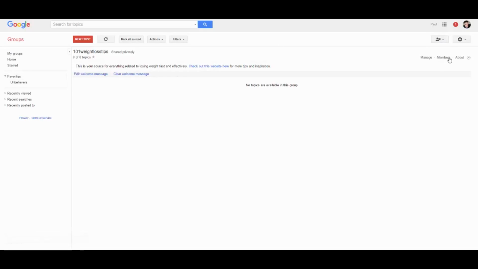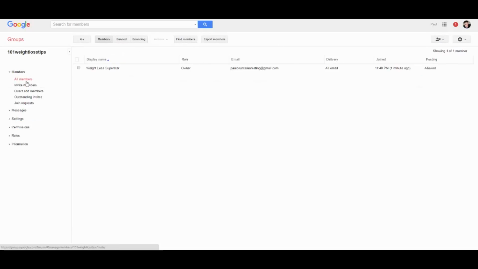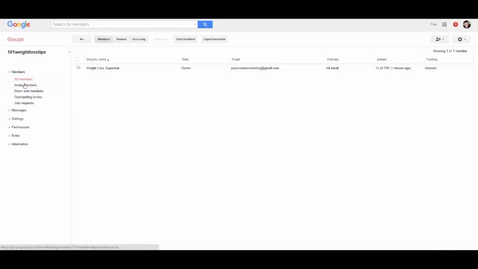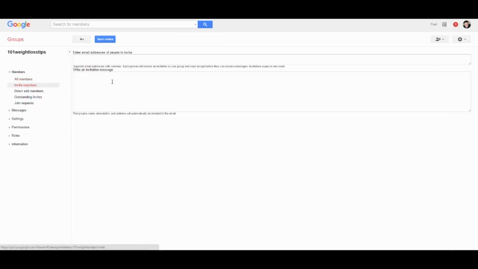Then we're going to go over here to where it says manage. And under manage, it's going to say all members, invite members. So this is a really important spot. The way I would do this is I would send an email to your email list, and I would say at the end of the email, it could be a PS section,